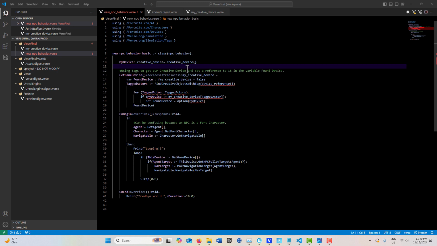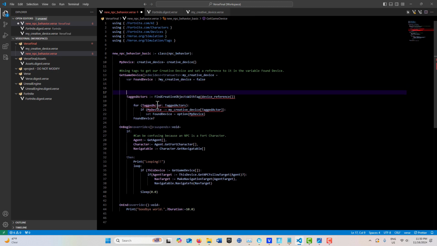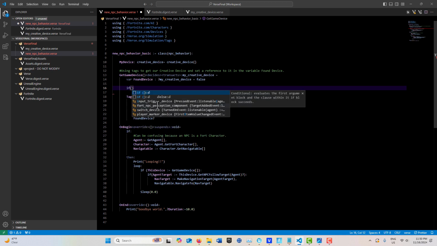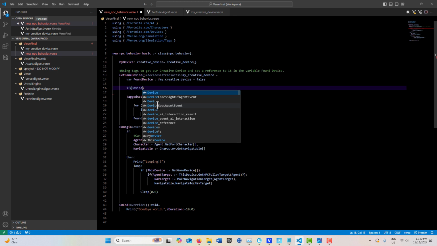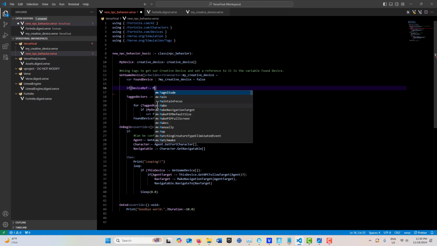Okay, so in this section, we're going to rewrite this code, and it can get a little tricky in here, so I'll try to go as slow as I can. So the first thing I want to do is just push this down, and then up here, the first thing we want to do is get a reference to our device reference. So we have to do that conditionally. So we're going to go if, and we're going to have to give it a name. So I'm just going to call it device ref, and we go colon equals,